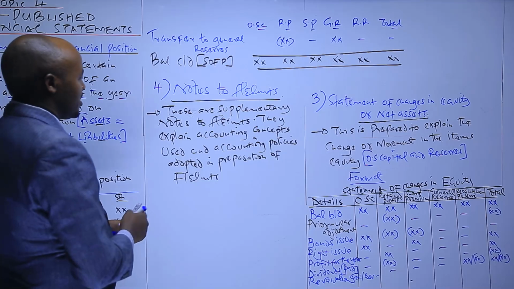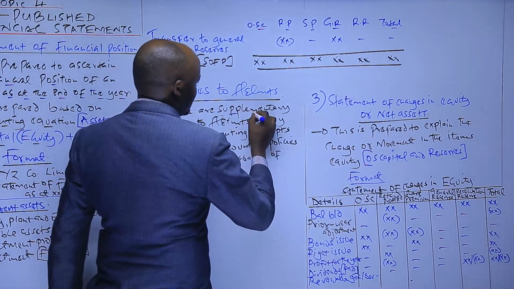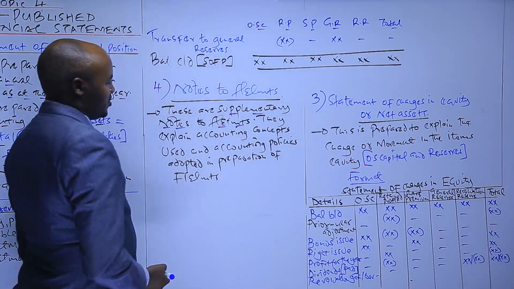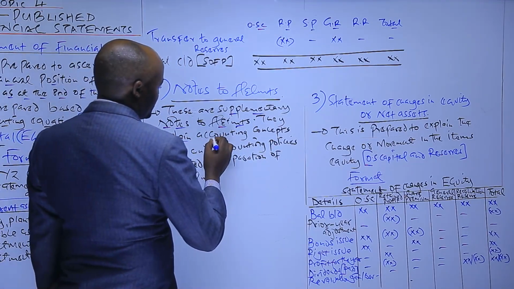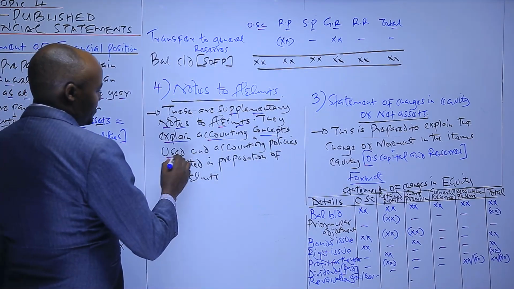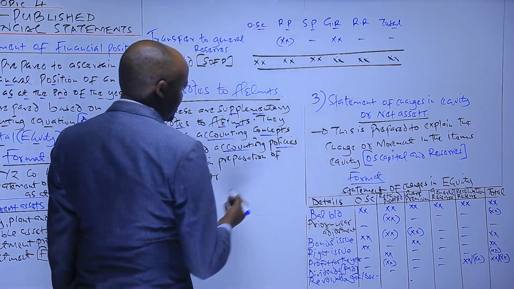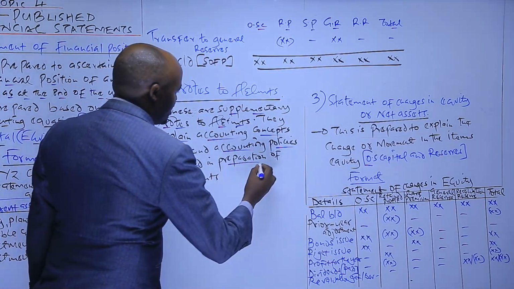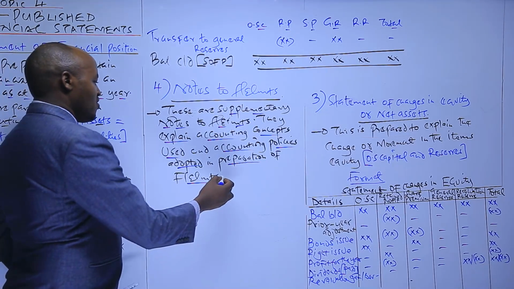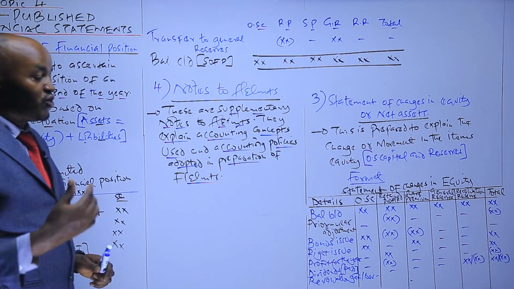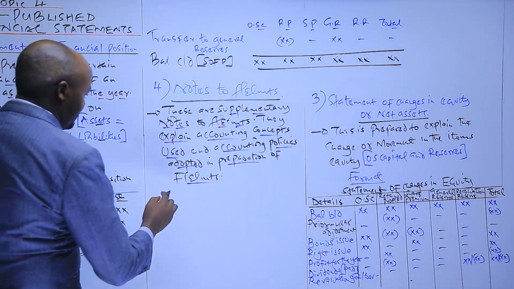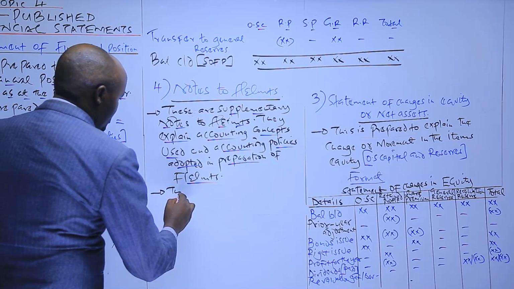So you have said that these are supplementary notes to financial statements. So what is the objective? The objective is to explain the accounting concepts used by an entity, and also accounting policies which were adopted in preparation of financial statements. Now, what should be included in these particular notes? What should be included in these notes? So we can say they include